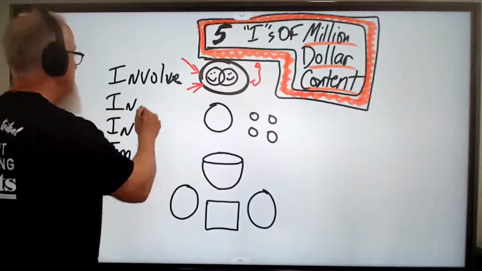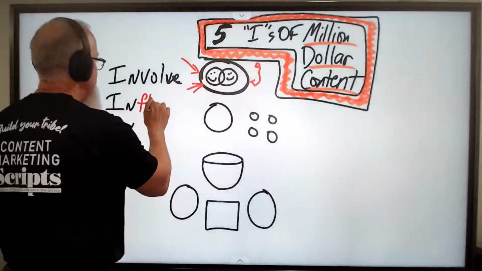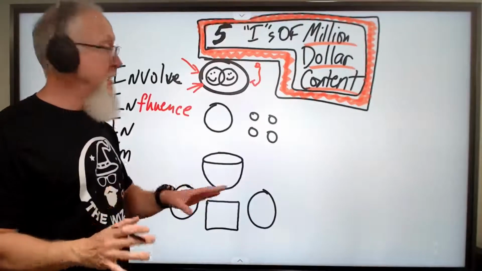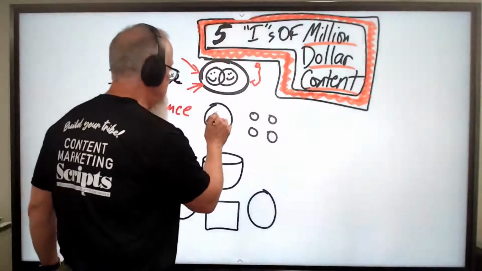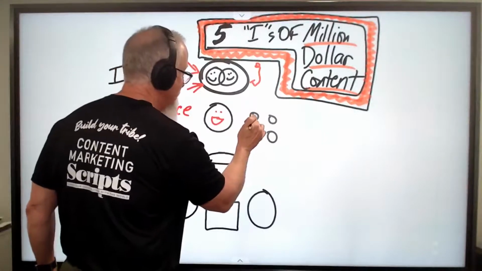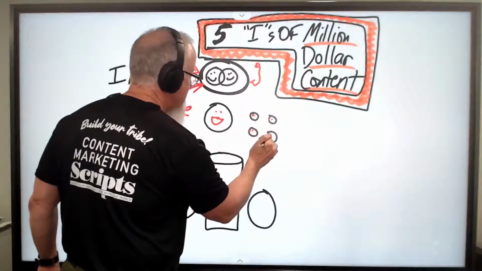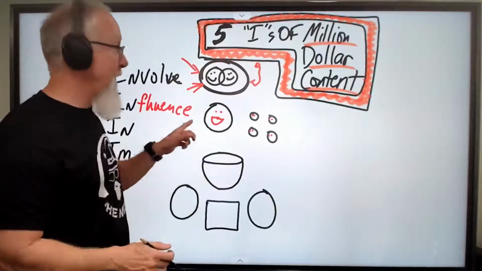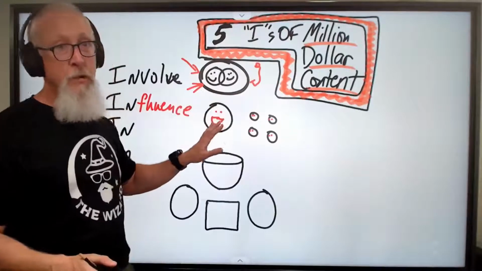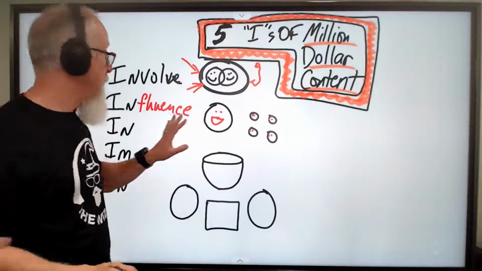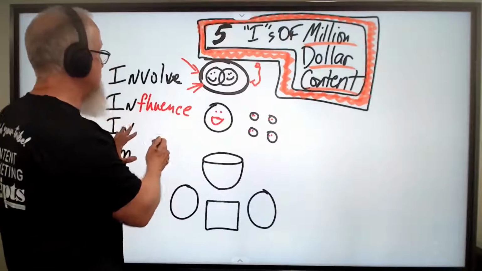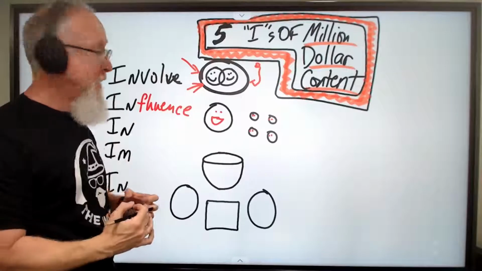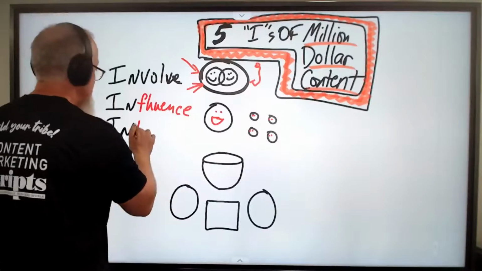The second I is influence. Now, what is influence? Influence is basically having people pay attention to you, because unless they're paying attention to you, you can't influence their behavior. You can't influence what they're going to do unless they're actually paying attention. So you got to involve them, get them in, influence them by keeping their attention,